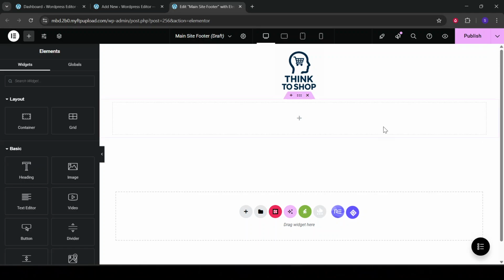Before signing off, it's always a good practice to preview your website to ensure that everything looks right on different devices, especially since today's web traffic includes a substantial amount from mobile users. That wraps it up for today's tutorial. Remember, a well-crafted footer is key to leaving a lasting